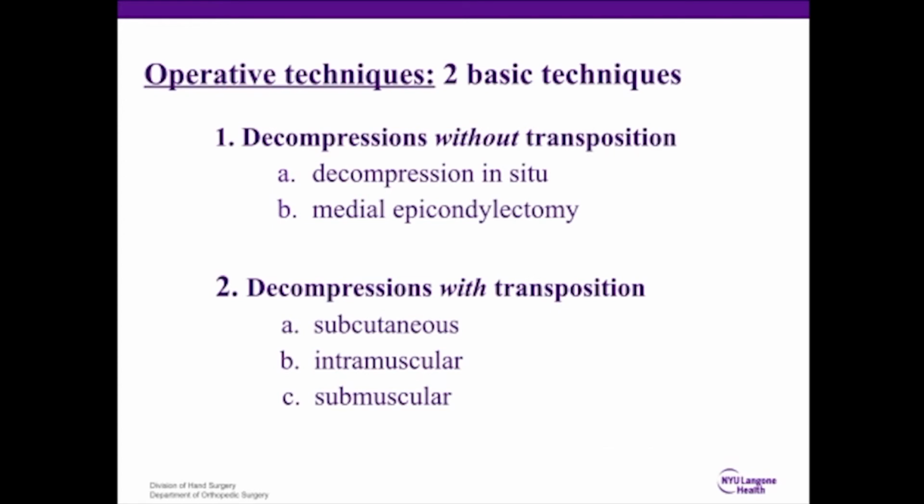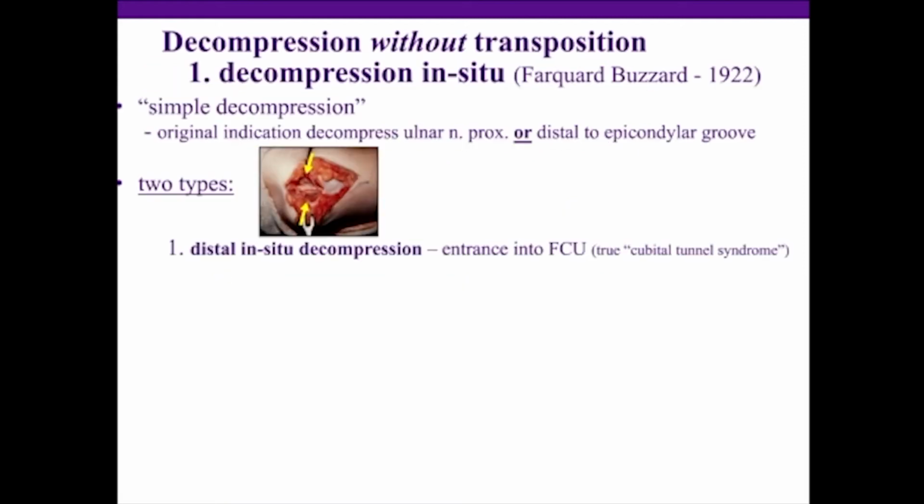There are two basic operative techniques for ulnar nerve compression of the elbow. There are decompressions without transposition, which include decompressions in situ and medial epicondylectomies, and then there are decompressions with transposition, which include subcutaneous, intramuscular, and submuscular. Now, decompressions without transposition,